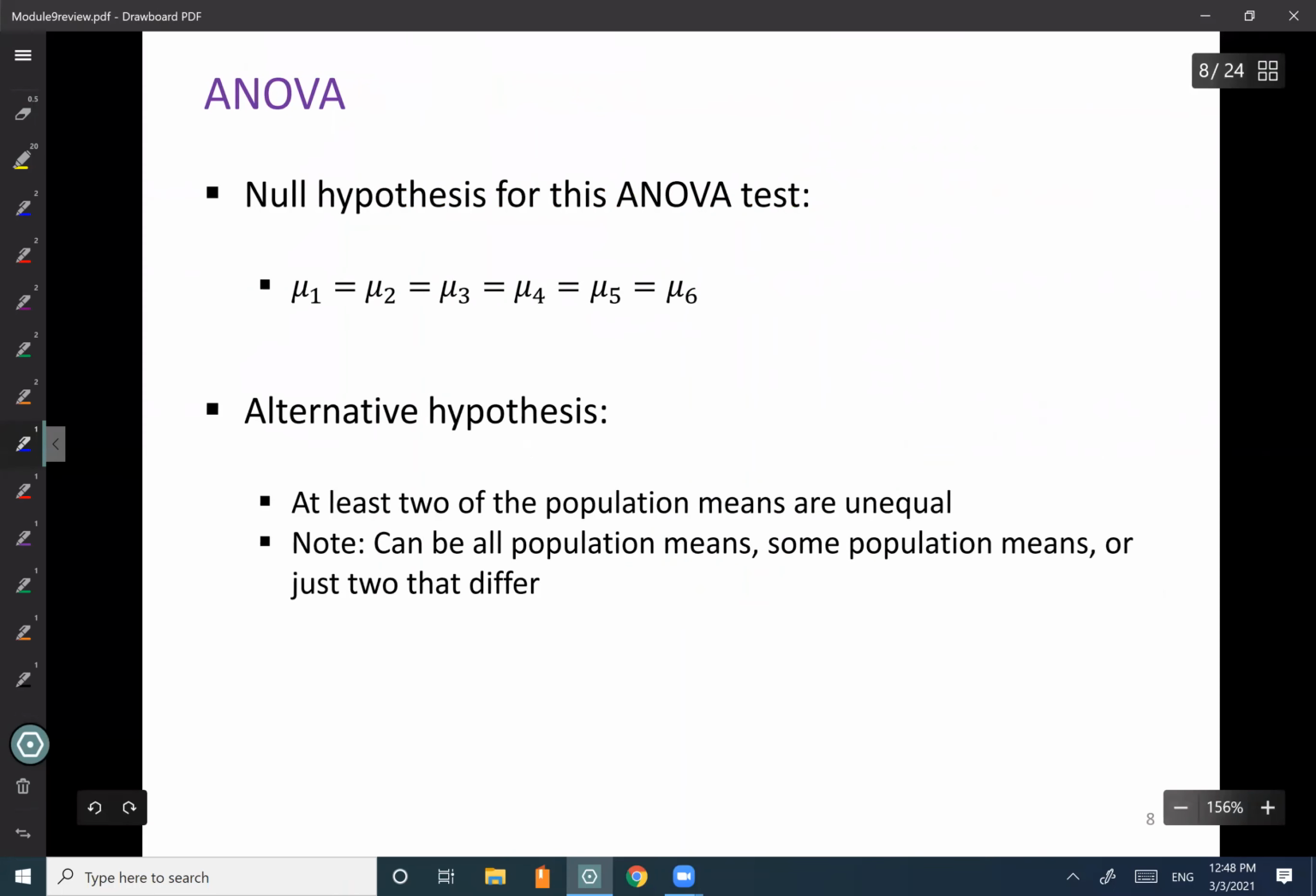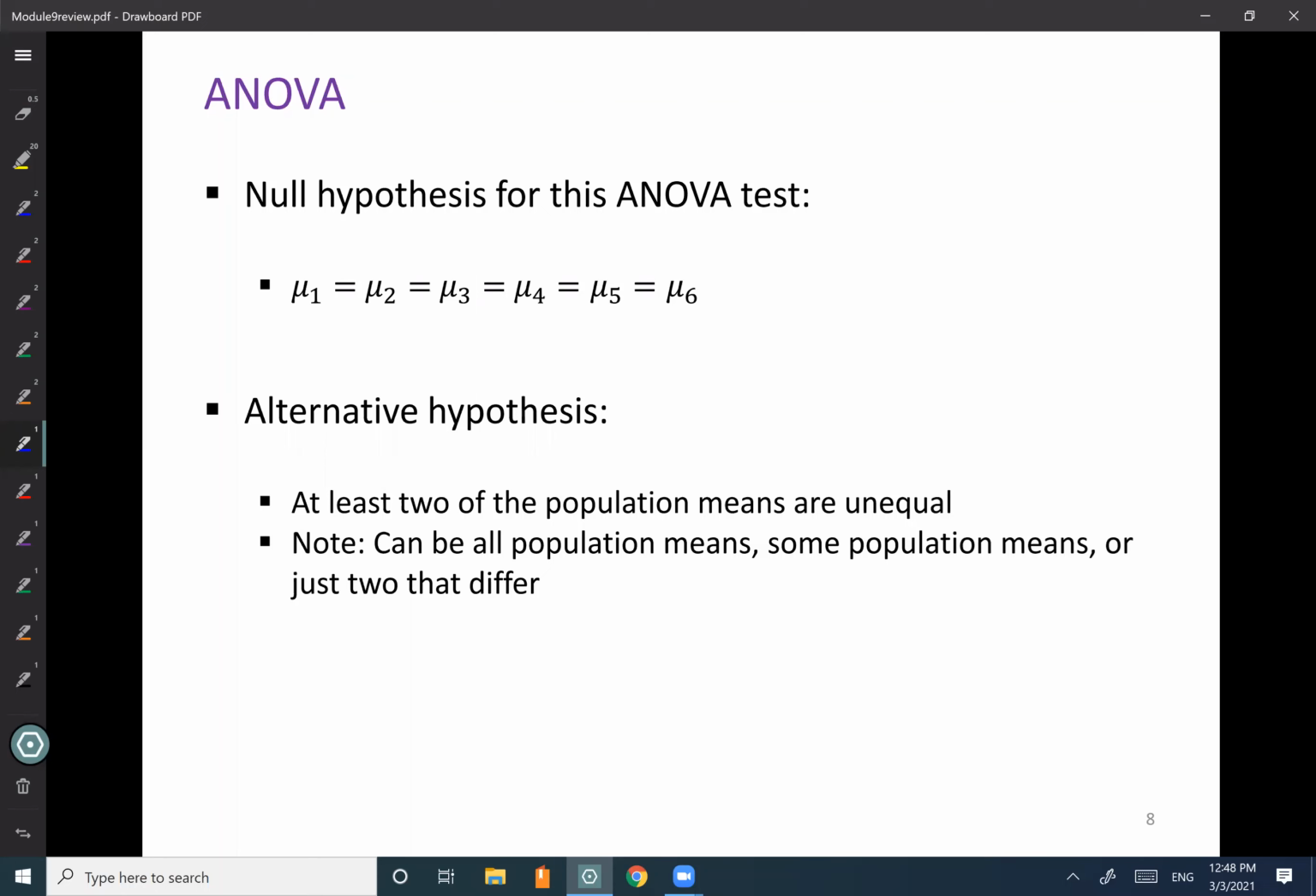Here is the null hypothesis. For this ANOVA test, we have 6 continents. So the mean of Africa is equal to the mean of Asia, is equal to the mean of Oceania, and so forth. All 6 continents are equal. And then we can test that against the alternative hypothesis, where at least 2 of the population means are unequal,